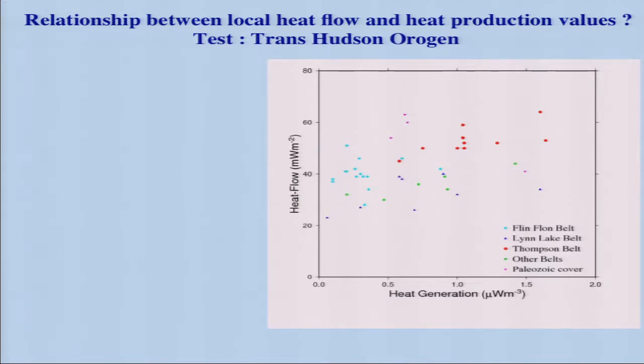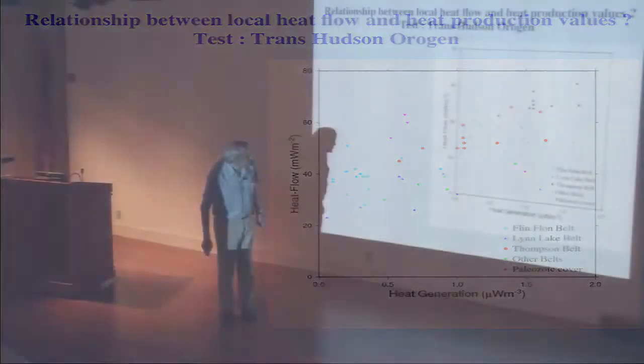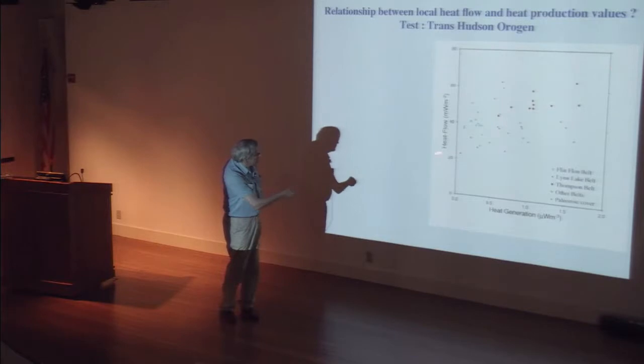And so there's a lot of different belts. All these belts are of different origins. Let's not worry about the geology for now. So heat flow, local heat flow, one value, local heat production. And you can see that if you're a geochemist, you can draw lines to these, but no,